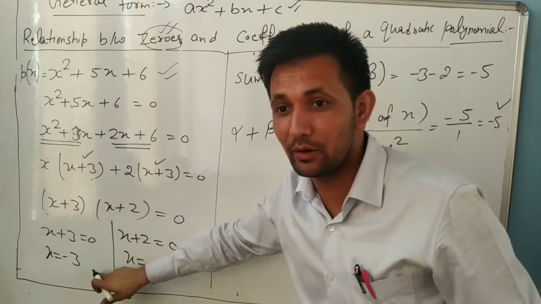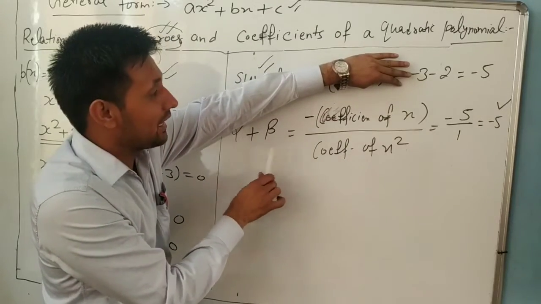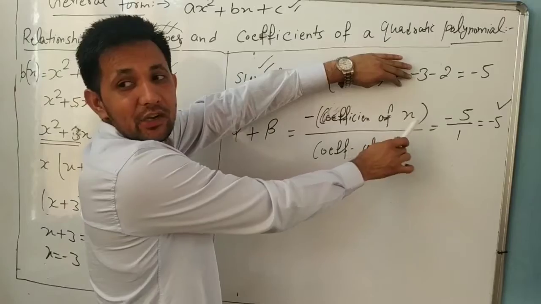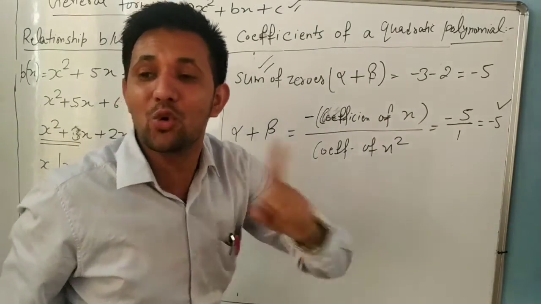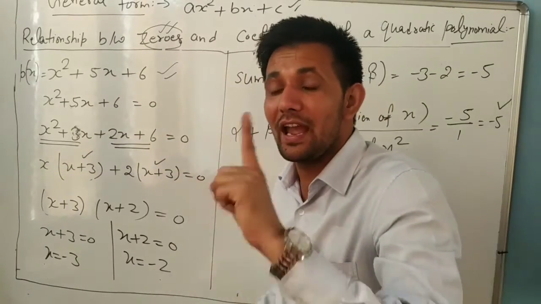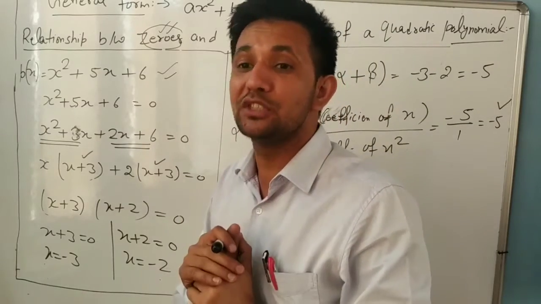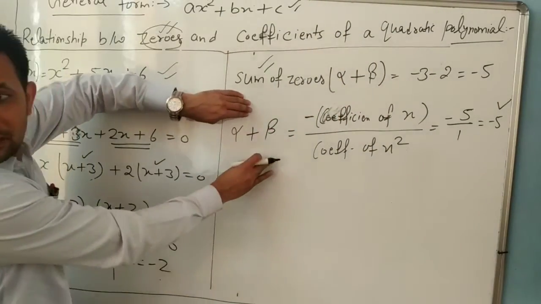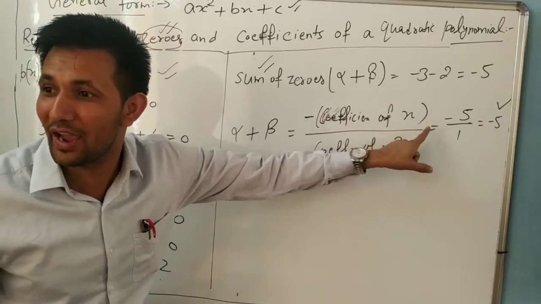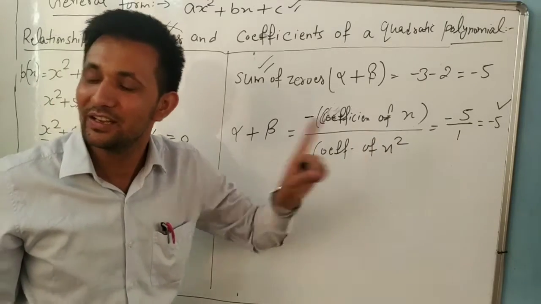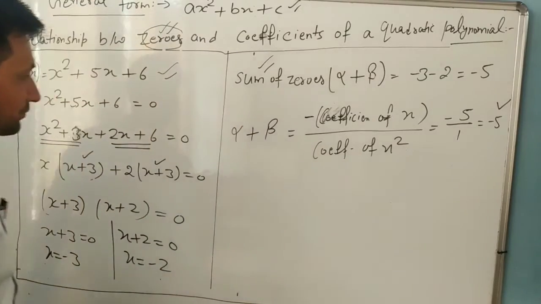So we find the sum of zeros by using this. Alpha plus beta is always minus coefficient of x divided by coefficient of x square. It comes the same, or not? So always remember dear, whenever the question says find the sum of zeros, how will you find it? Alpha plus beta, no need to solve this. What we will do? Minus coefficient of x divided by coefficient of x square. Do you understand? It is a shortcut. Understand or not? Look at next.